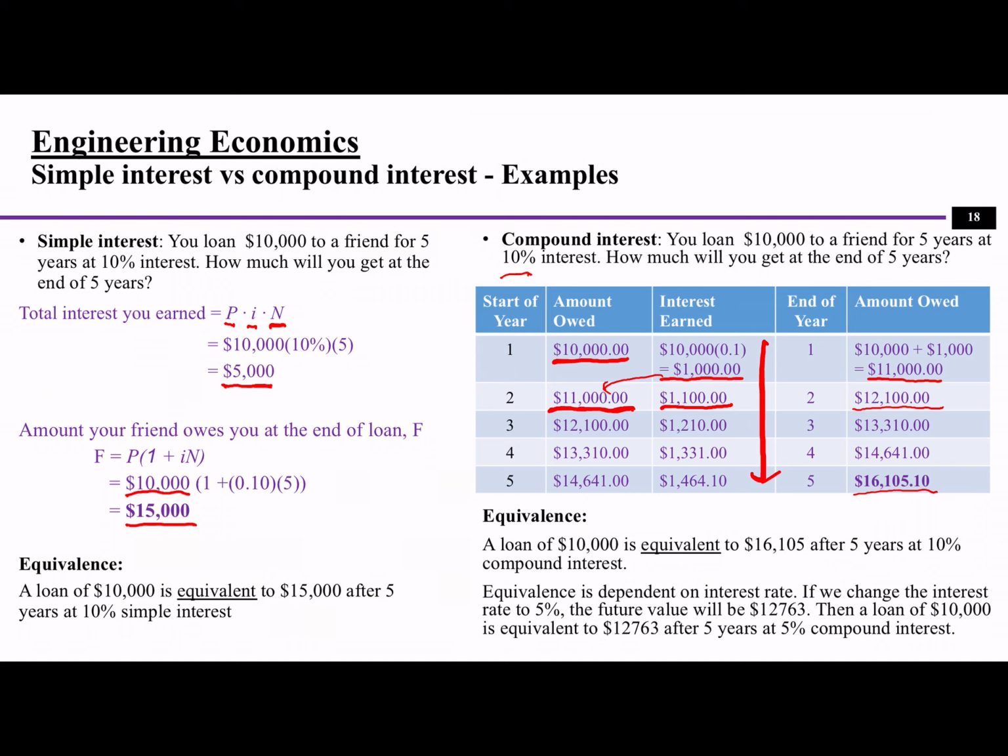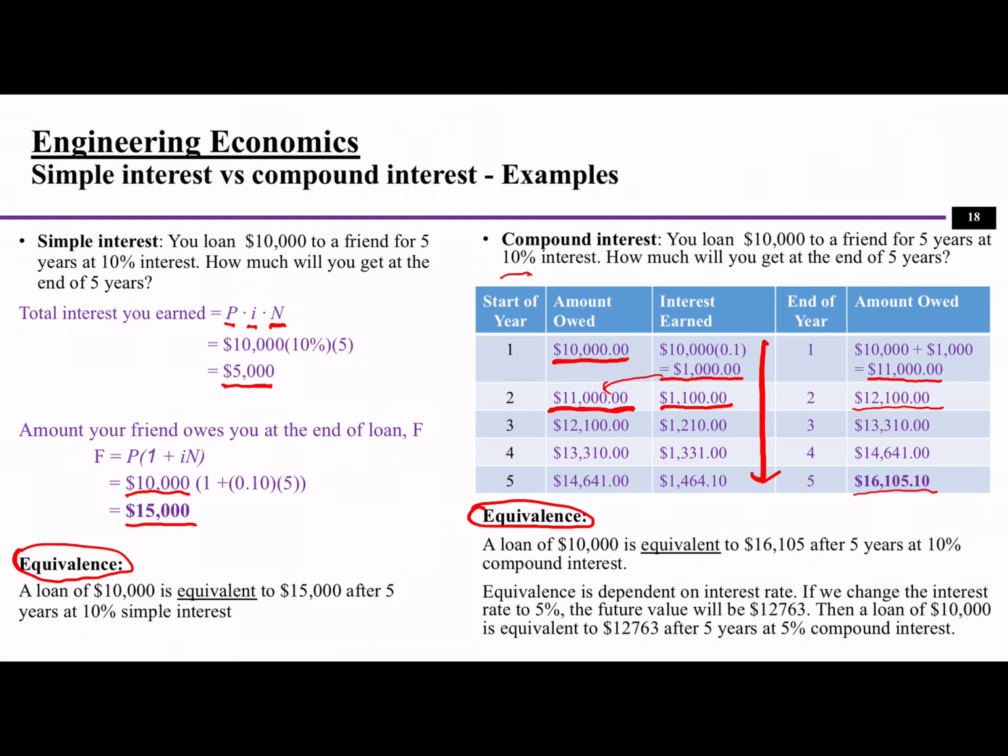Continuing this process, you will find out the actual amount at the end of year 5 is $16,105.10. You see, it's actually $1,000 more. $1,000 more, right? Okay, so